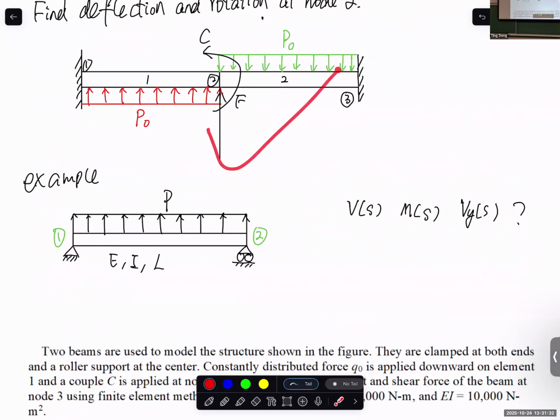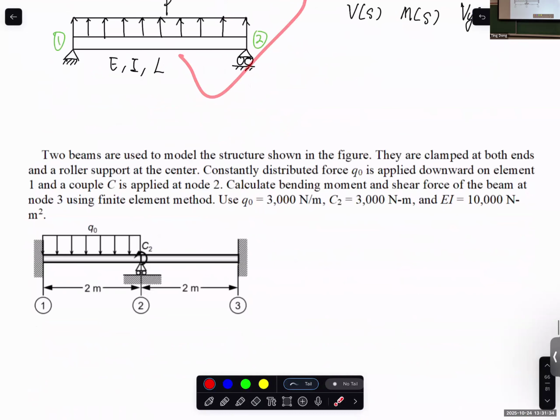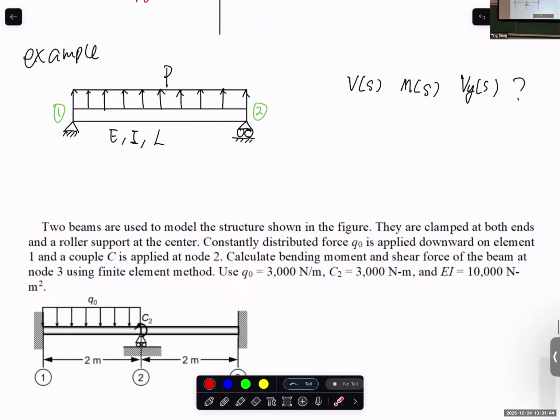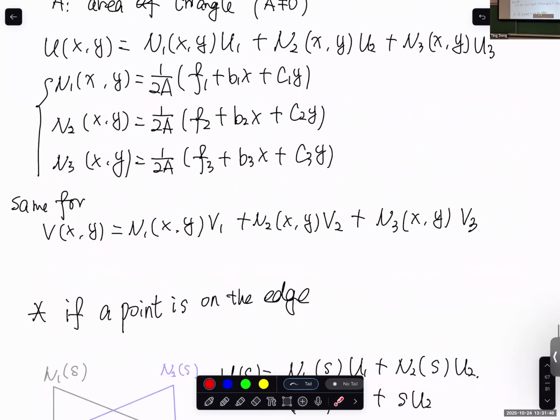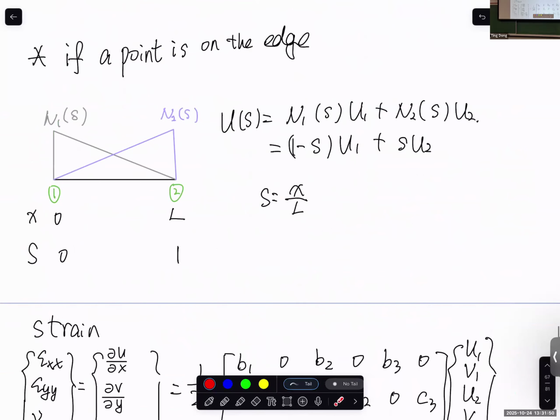This was the example problem, and the homework problem. It's the same thing. I can change the loading condition in any way I want. I can change the boundary condition in any way I want. But if you know how to solve this type of problem, it doesn't matter, right? You can put these three problems together and you can understand the whole thing much better. And now for the